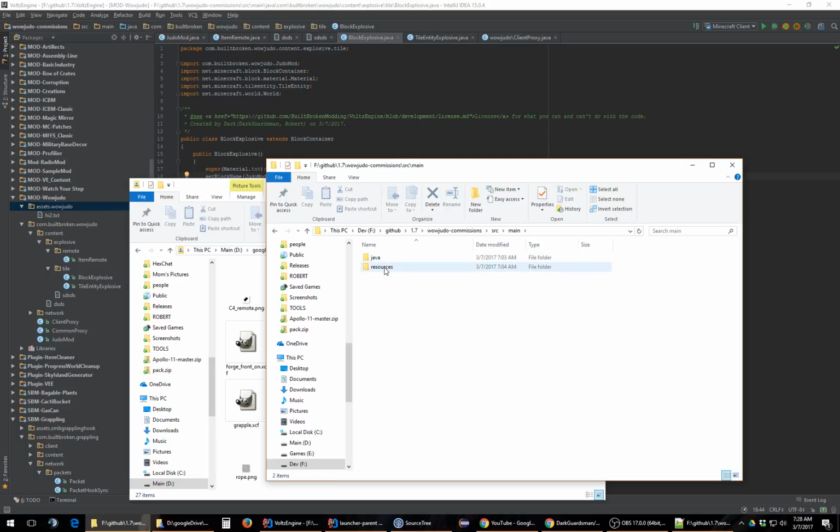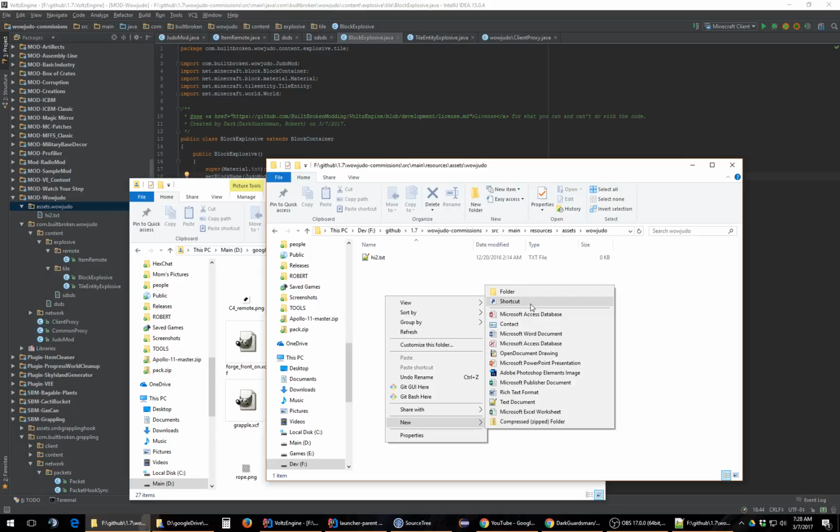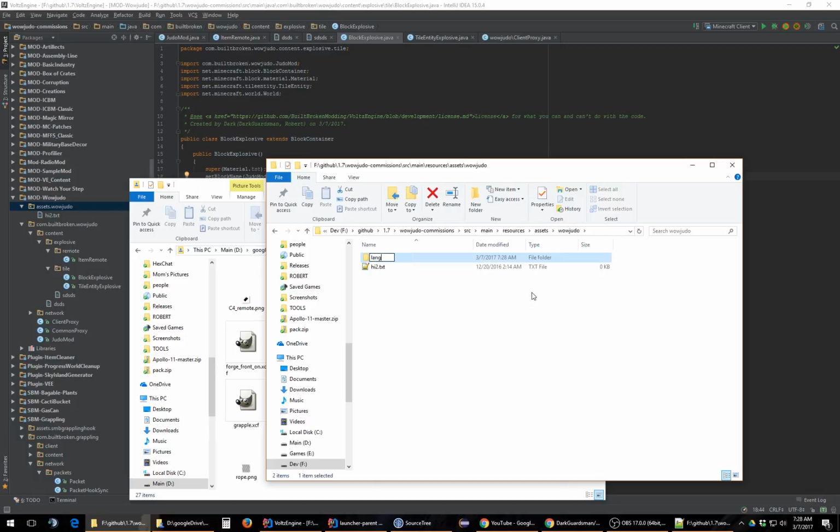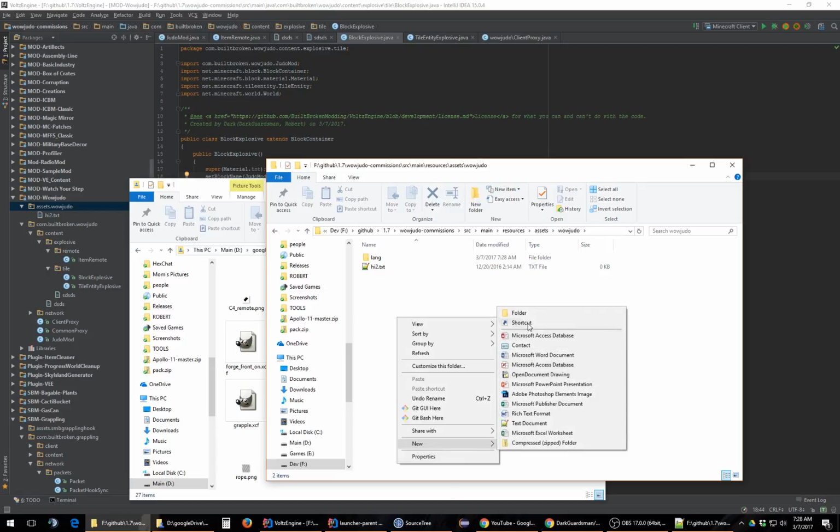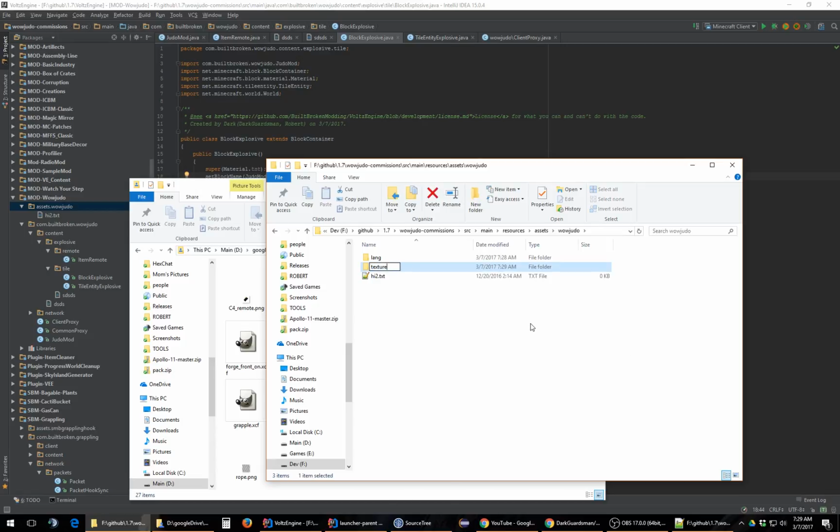So we need to go in here, resources, assets, Ojujo. We need to make some new folders. So we're going to have a lang folder. This is where our localizations go. If you don't name it that way, you're not going to load localizations unless you add your own system. You need a textures folder,